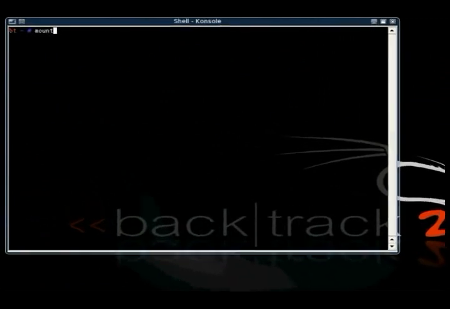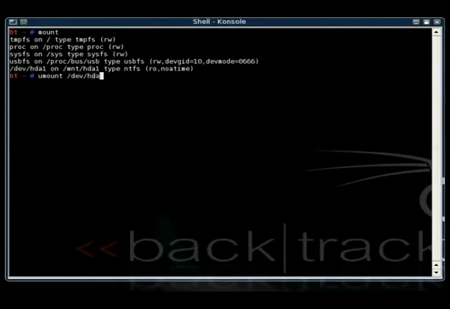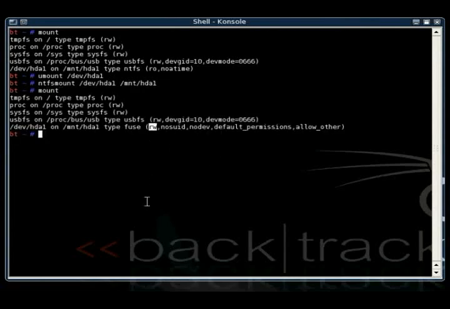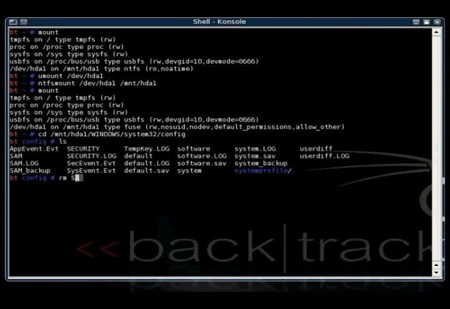Of course, we need to go ahead and unmount that drive again and remount it as a read-writable drive. Same commands as before. As you can see, it's all mounted, rw, right there. Now we're going to navigate to the config folder again, where we saved those backup files. We're going to go ahead and remove the SAM and the system file that stored that blank administrative password, and we're going to rename those backup files that have the original password stored in them